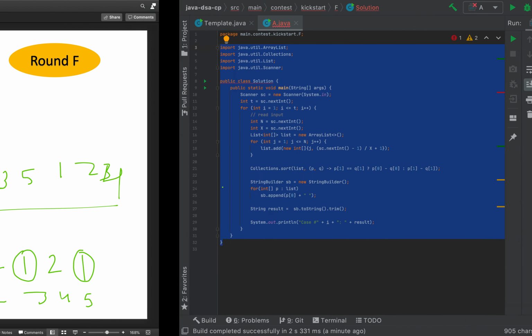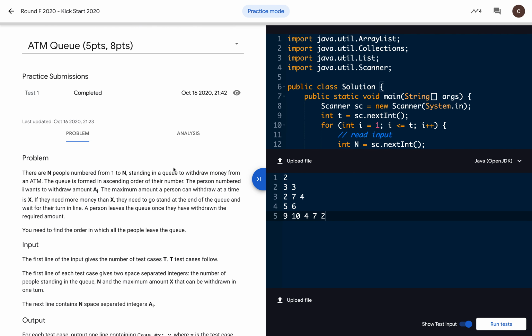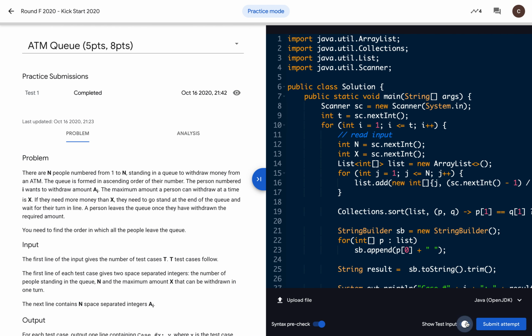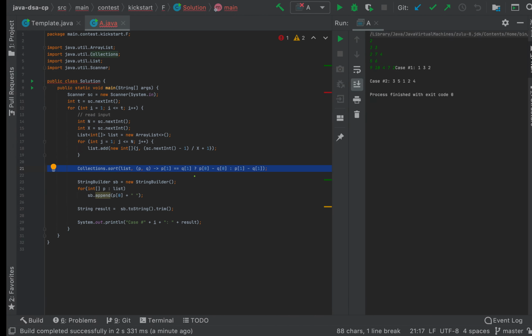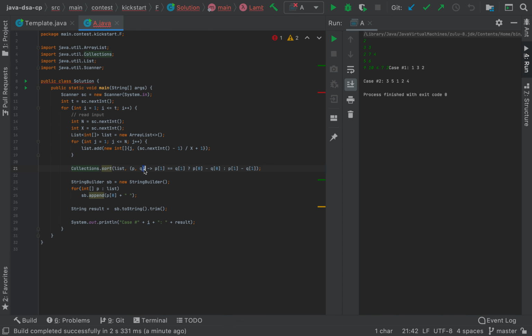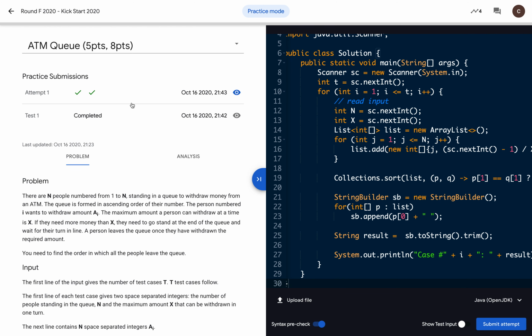So now what will be the time complexity? As we can see, this is O of n, we are reading all the inputs, and this list has n people, and sorting will take n log n time. So this is the dominant factor, so the time complexity will be n log n. So this is compiled. Now we can submit the code and see if it works. And the space, as we are storing all the pairs, is O of n. So it is accepted. So this is the solution.